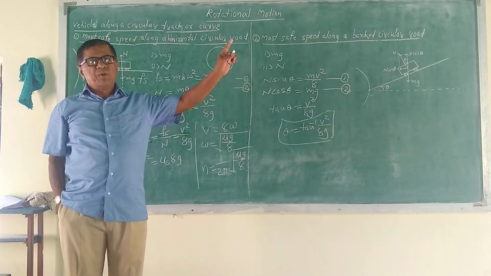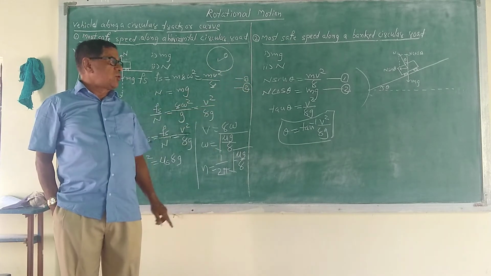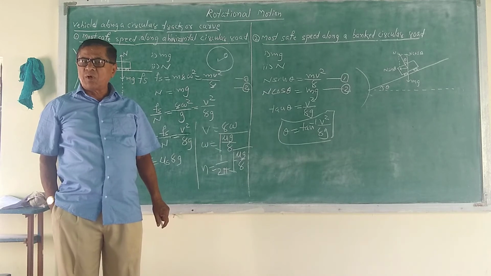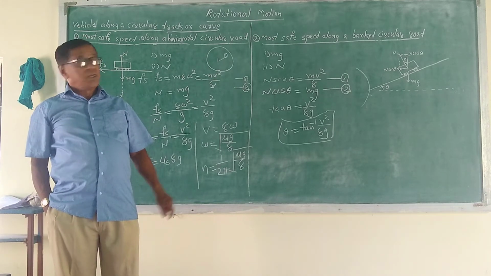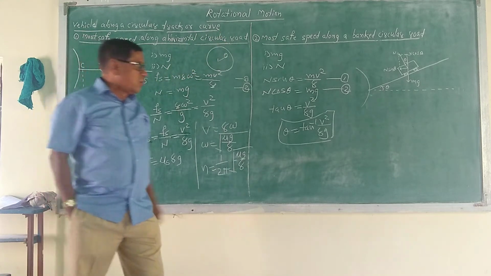Theta is equal to tan inverse of v square upon rg. V is called the speed of the vehicle. R is called the radius of the curve. If we want the most safe speed, that is, we want v, for the v,